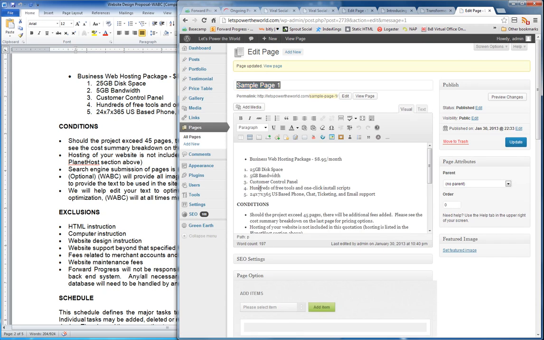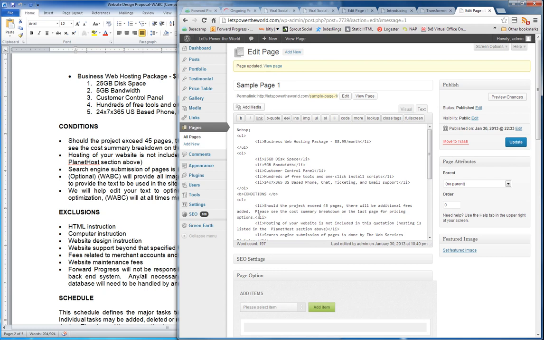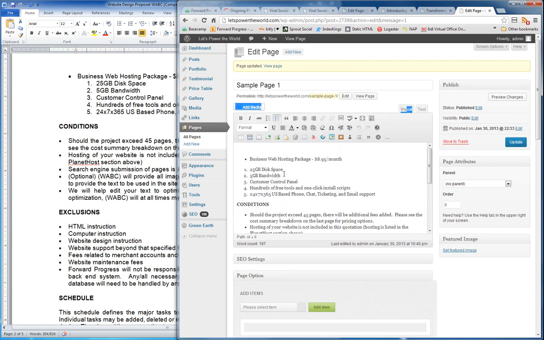And of course, you can modify the text in here. You can go in and change the HTML if you need to in the text view. But we just updated the page, and now this gives you an option to view the page that you just updated, but I don't want to navigate away from this, so I'm just going to open it in a new tab,